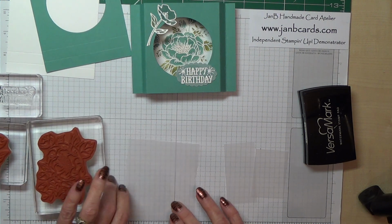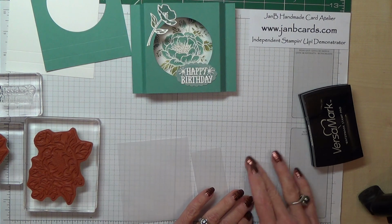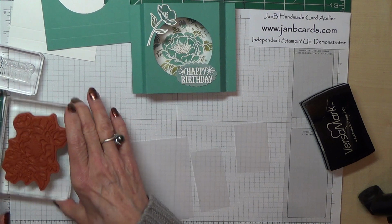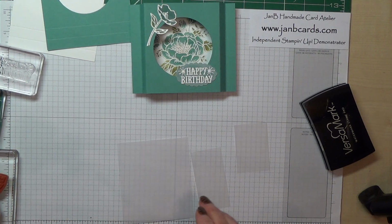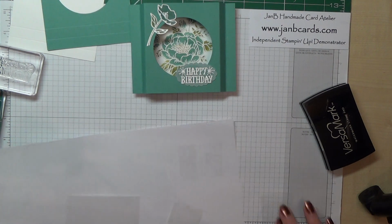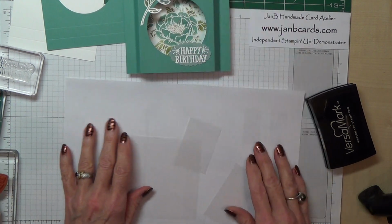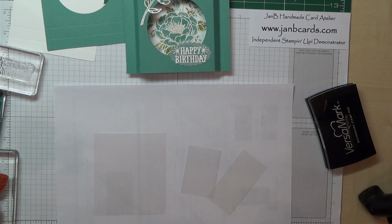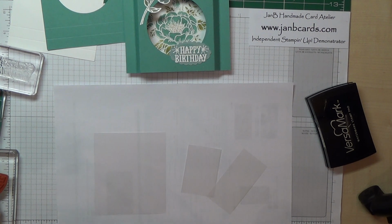January. So I'm going to do all three pieces at the same time, which does work as long as you don't get carried away with answering the phone or answering the front door or something. Once you've started, you have to keep going with this if you want to do all three at the same time. Right, so my Embossing Buddy,